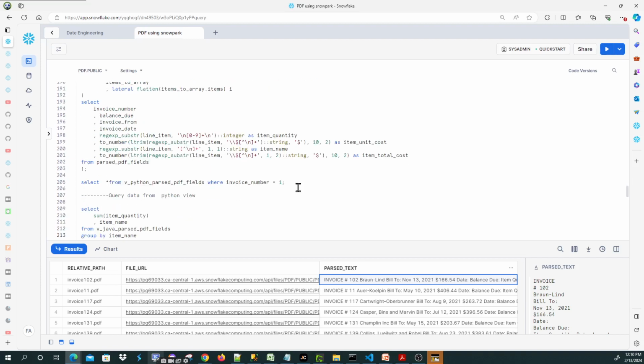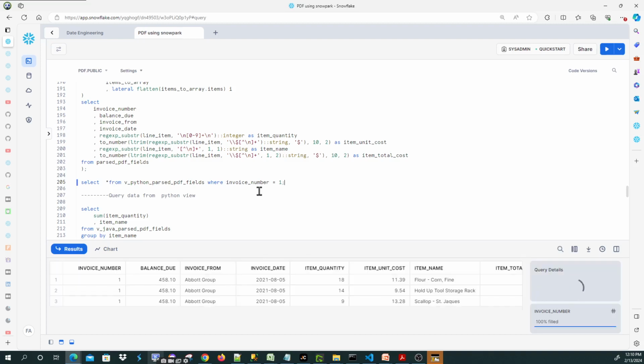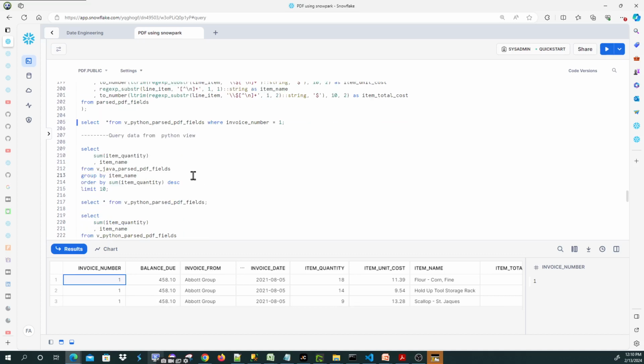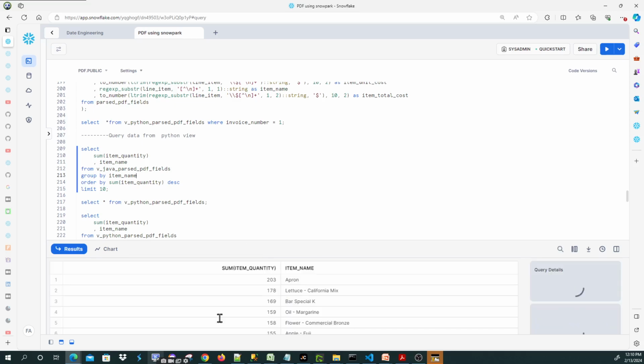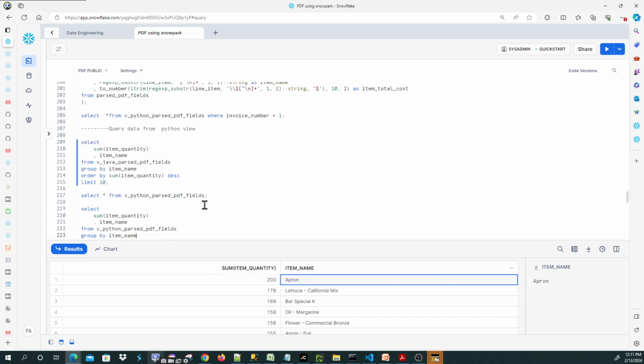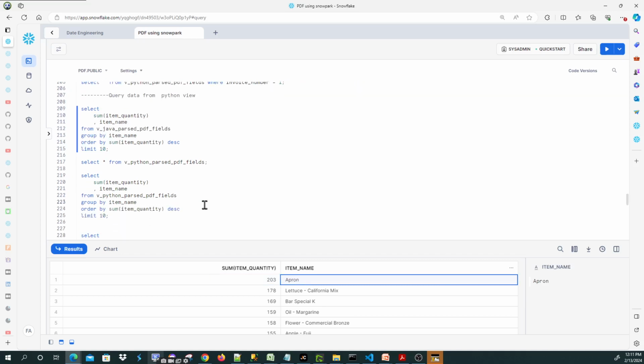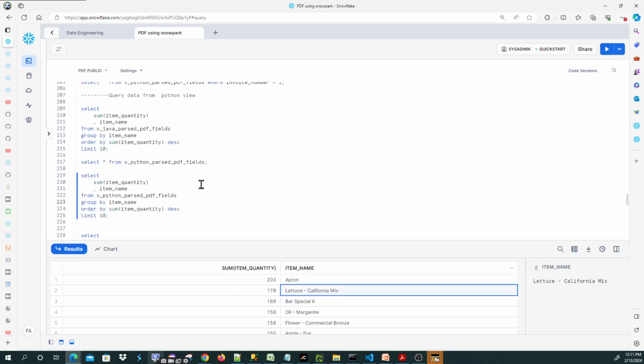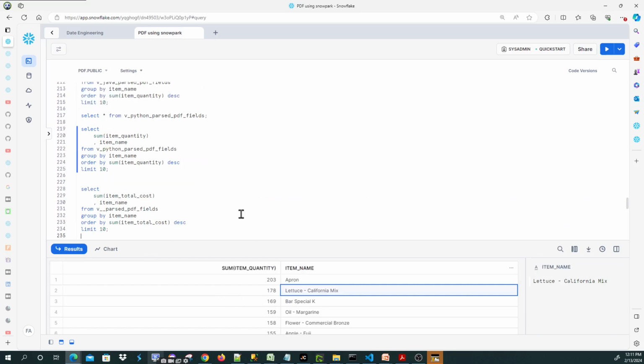This is the view, and here if we filter from the view using invoice number equal to 1, we will see that we have the required items parsed as expected. So we can now query the data. Here we have a summary of items, quantity, and here we have the item name. Here I think of the cost. We have item, same from, and then